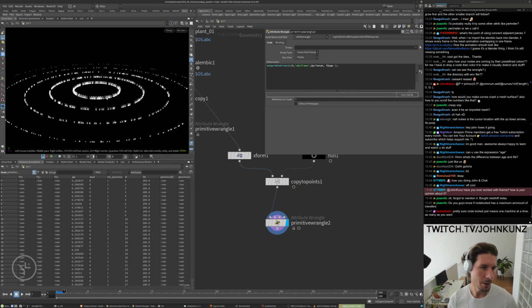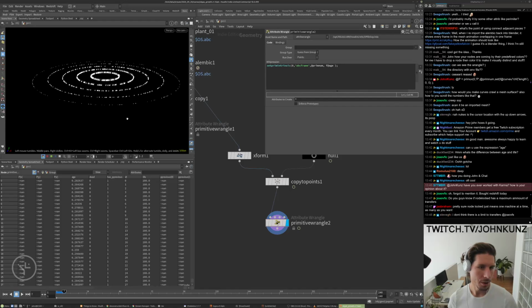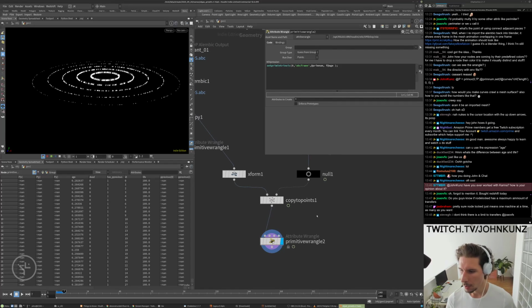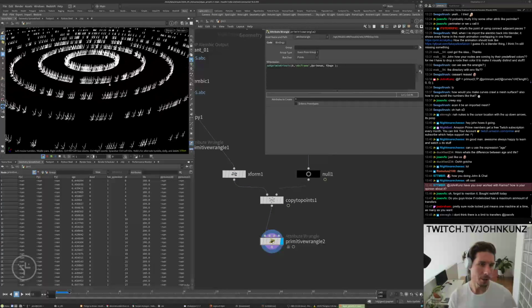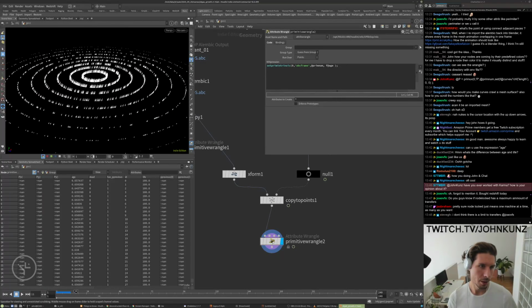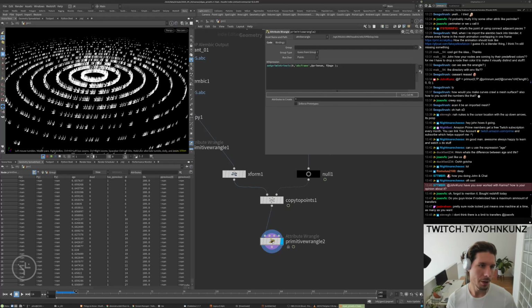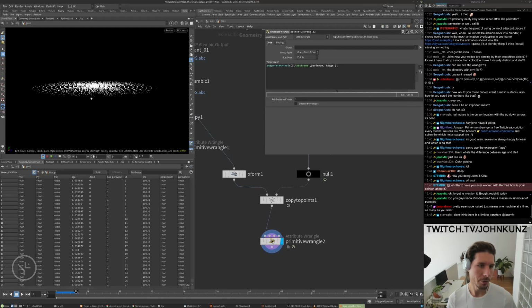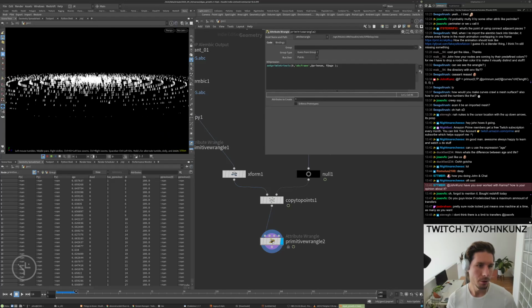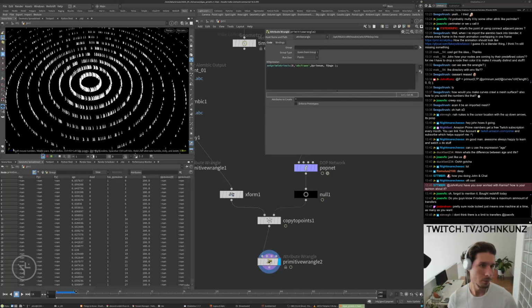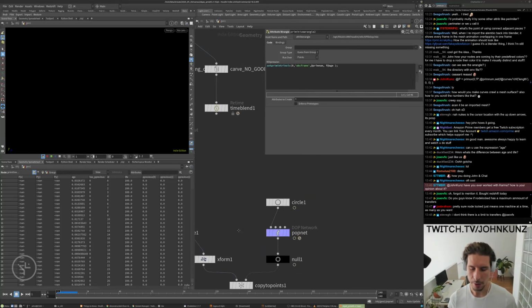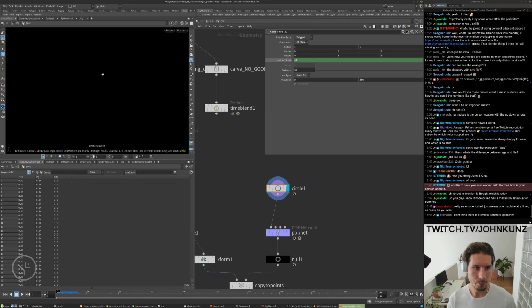So I might have made too many plants, but you can see over time, based off of the age of time in seconds, the plants are growing more so in the middle than in the outer areas or whatever. We want to make that a little bit cleaner. I think I can take my